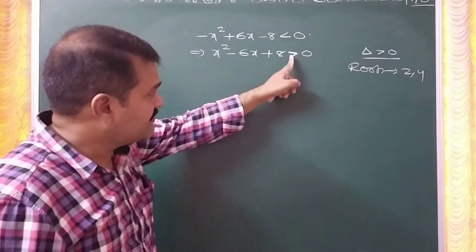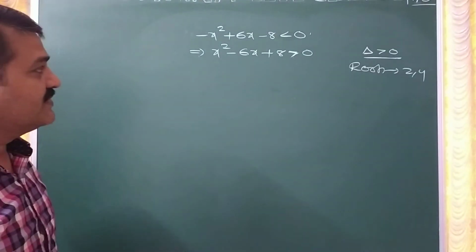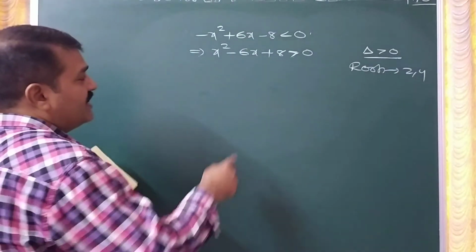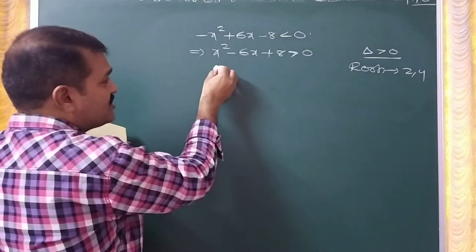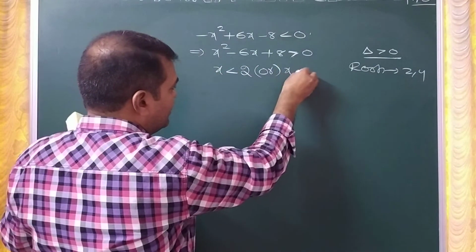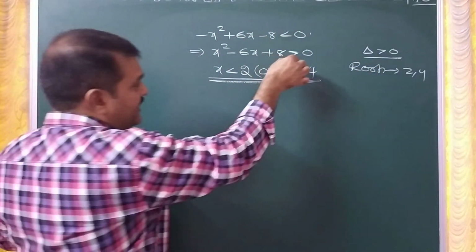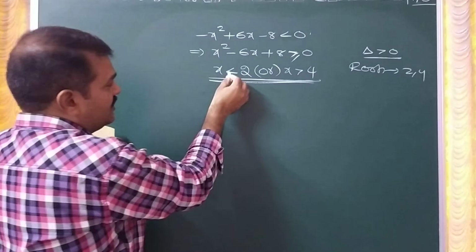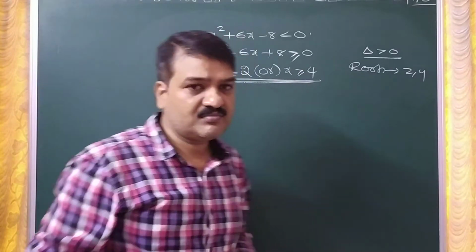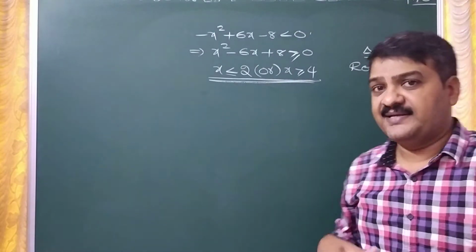So we have greater than symbol. That means x does not lie between the roots is the answer. If less than symbol is there, x lies between the roots is the answer. So greater than symbol is there, so x does not lie between the roots means x is either less than 2 or greater than 4, this is our solution. If greater than or equal to is there, you will include 2 and 4, means you will include the roots also. So this is the simple discussion of how to solve the quadratic inequalities.